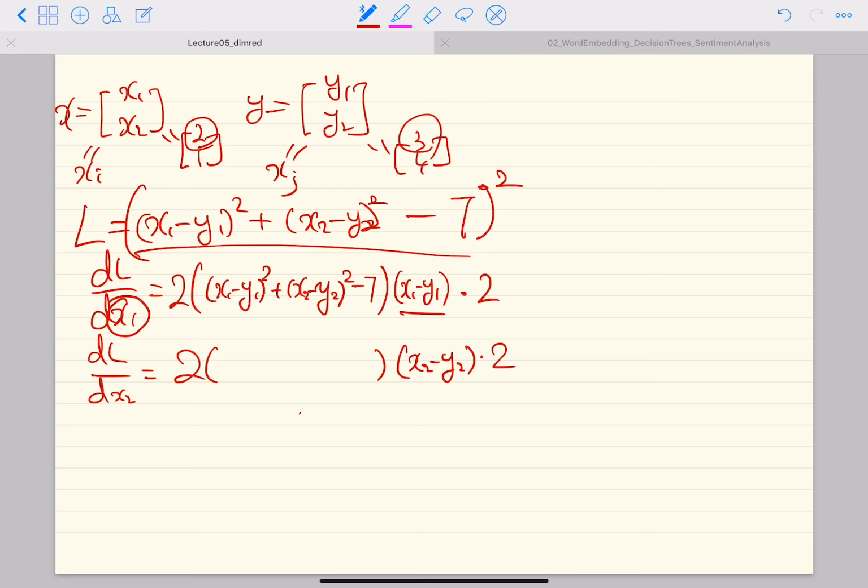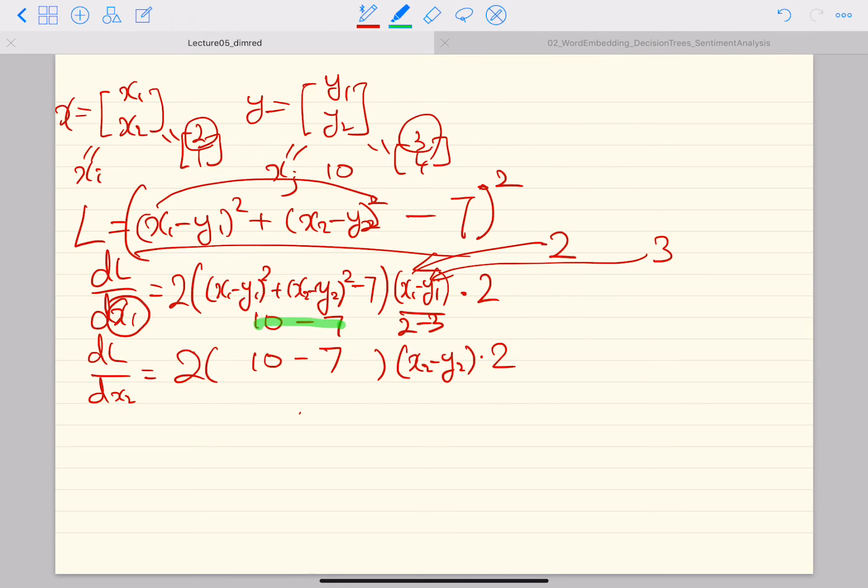Okay, and so currently this is 10, right? So 10 minus 7. And then it's also 10 minus 7, and then x1 is 2, y1 is 3. So 2 minus 3 over here. So that is the partial gradient with respect to x1, right? So we have this positive value,